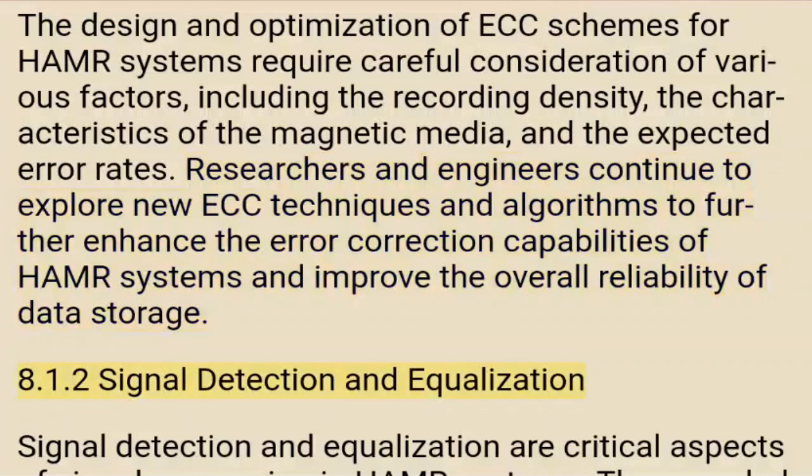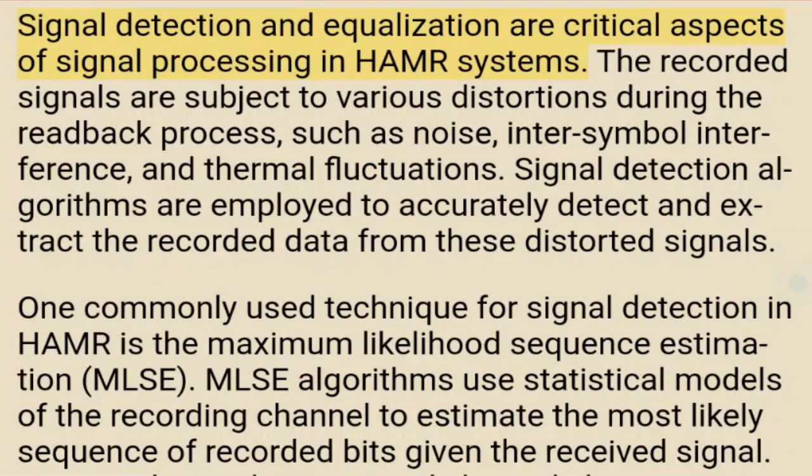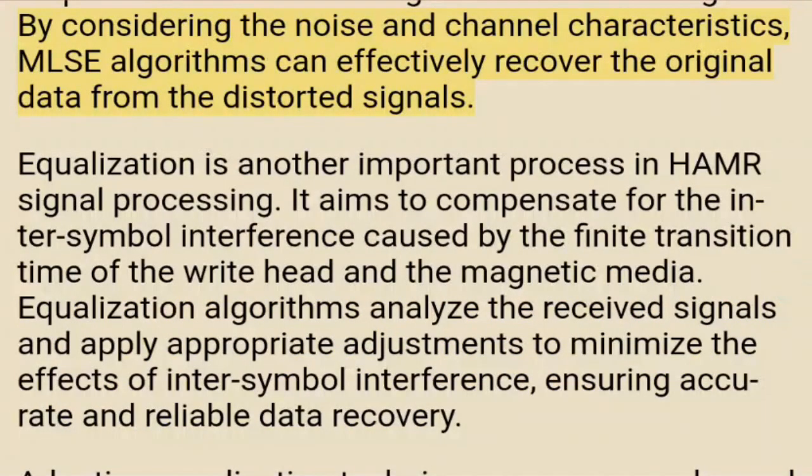8.1.2 Signal detection and equalization. Signal detection and equalization are critical aspects of signal processing in HAMR systems. The recorded signals are subject to various distortions during the readback process, such as noise, inter-symbol interference, and thermal fluctuations. Signal detection algorithms are employed to accurately detect and extract the recorded data from these distorted signals. One commonly used technique for signal detection in HAMR is the maximum likelihood sequence estimation (MLSE). MLSE algorithms use statistical models of the recording channel to estimate the most likely sequence of recorded bits given the received signal. By considering the noise and channel characteristics, MLSE algorithms can effectively recover the original data from the distorted